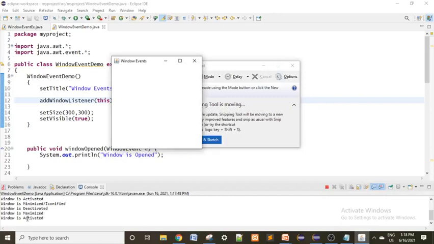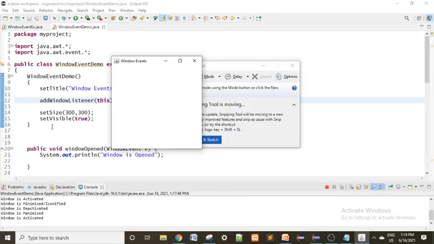So this is how to handle window events. I hope this is clear to you. Now one more important window event is closing and closed. Last class we discussed how to close the windows, but we were unable to close the window because we have to handle that window.